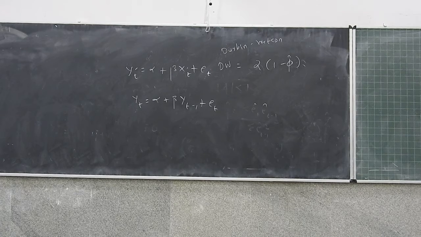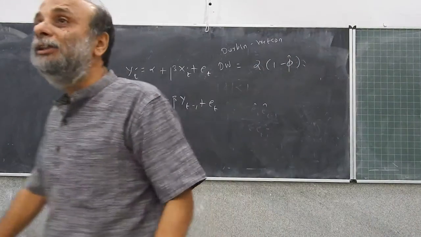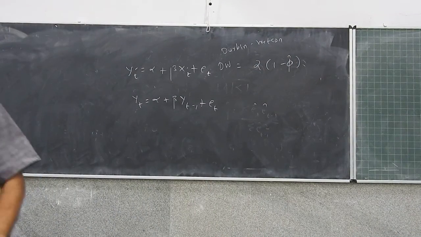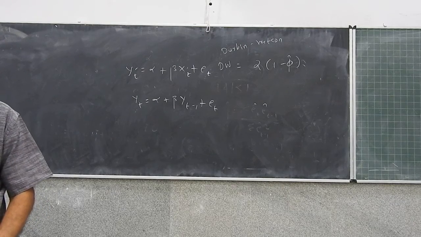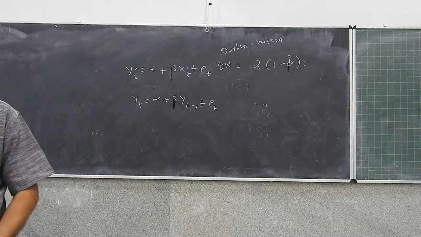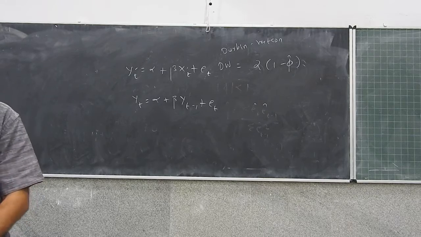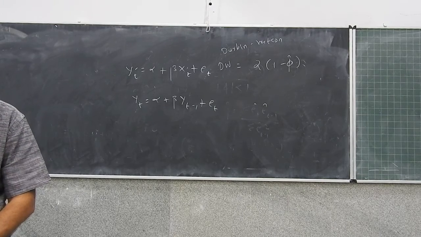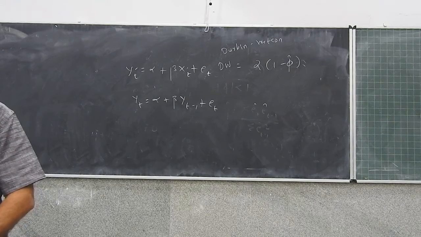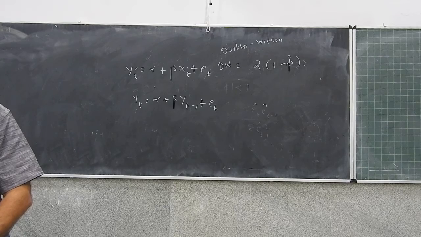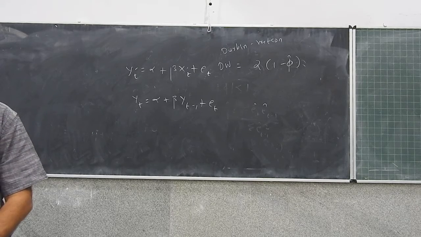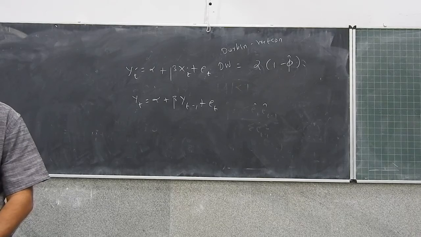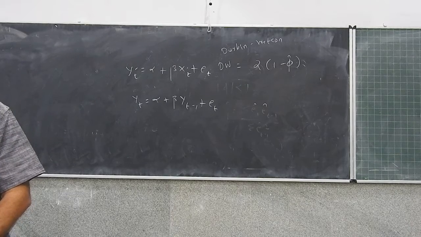But if you still go ahead and use OLS and do the Durbin Watson test, it can be shown that the power of the test is low. What do I mean? That it fails to reject the null hypothesis. When will it fail to reject the null hypothesis? If the value is around 2. So if you have a lagged dependent variable, the Durbin Watson statistic is biased towards 2, and therefore it's not applicable. The Durbin Watson statistic cannot be used where you have a lagged dependent variable. In such cases,